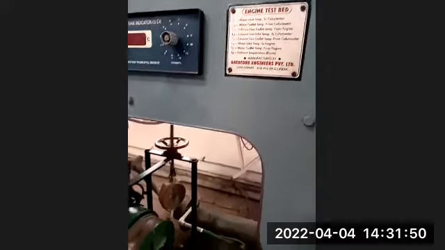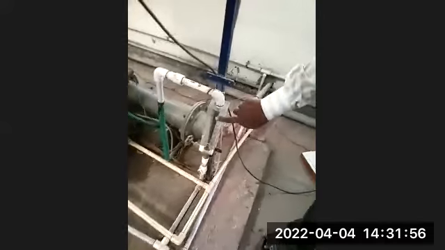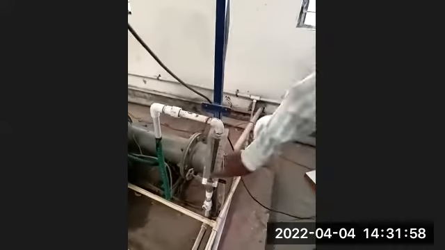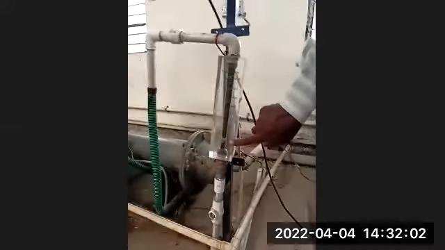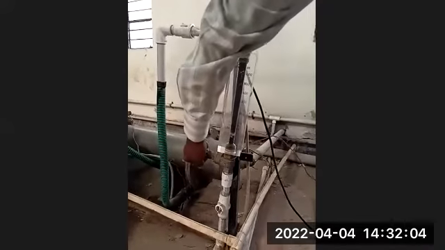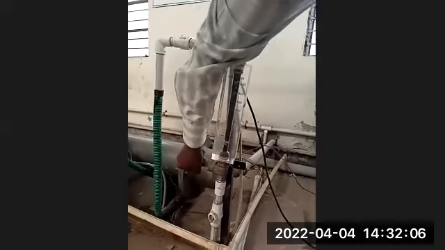And correspondingly, we are measuring the different temperatures over here. And similarly, here we have a manometer to measure the water flow. Okay, so when we start the water flow here,